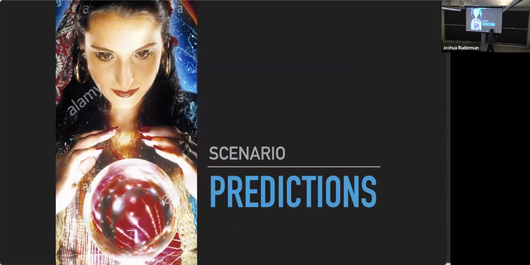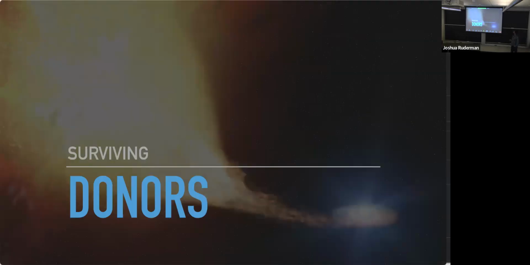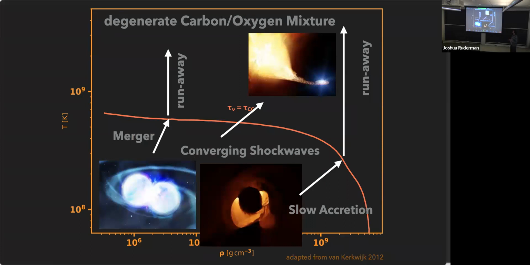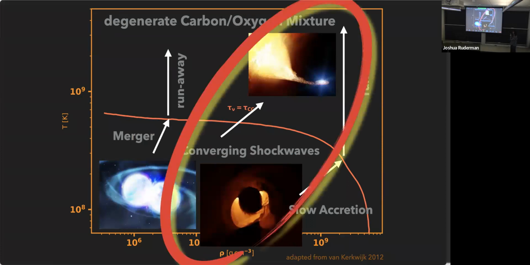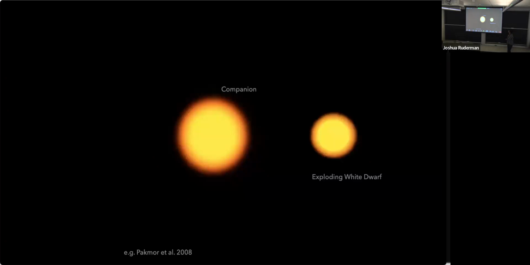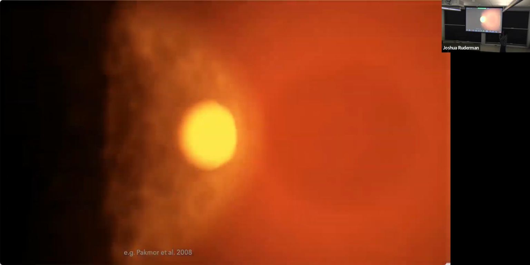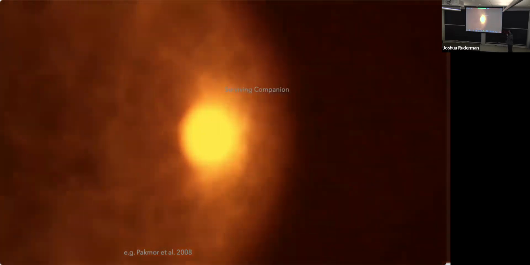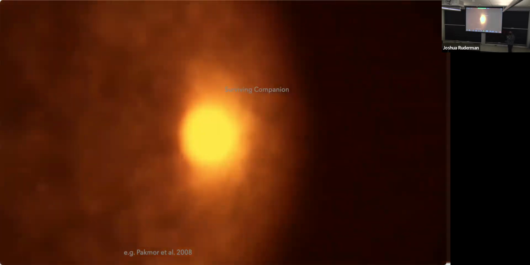Okay, so we now have three different scenarios. What predictions do they make? One of them, as Mark alluded to, is surviving companions. In both of these cases, here on the right-hand side, for the converging shock waves and for the other star, you will have a surviving companion. This is a very nice simulation from Rüdiger Pakmor et al. 2008, which shows what happens with a companion star when you hit it with a Type Ia shock wave. You can see it's not disrupted. The shock wave runs through the star and heats up the interior, but it's not disrupted, and essentially it will remain and should be visible.